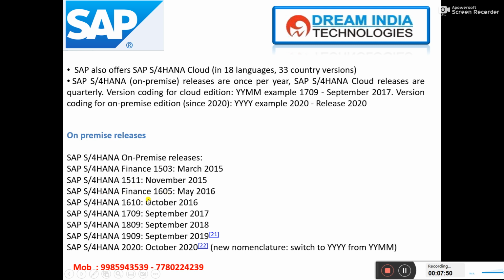Then in 2016, in May they released 2016 May, and in 2016 they had two releases initially. Every March they released one, November one, May one in 2016 and October. And from there, every September, October they were releasing only one.